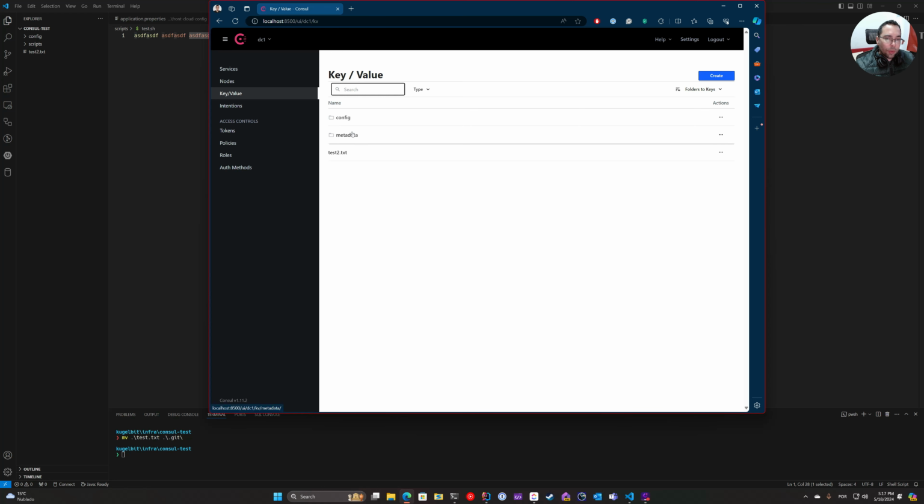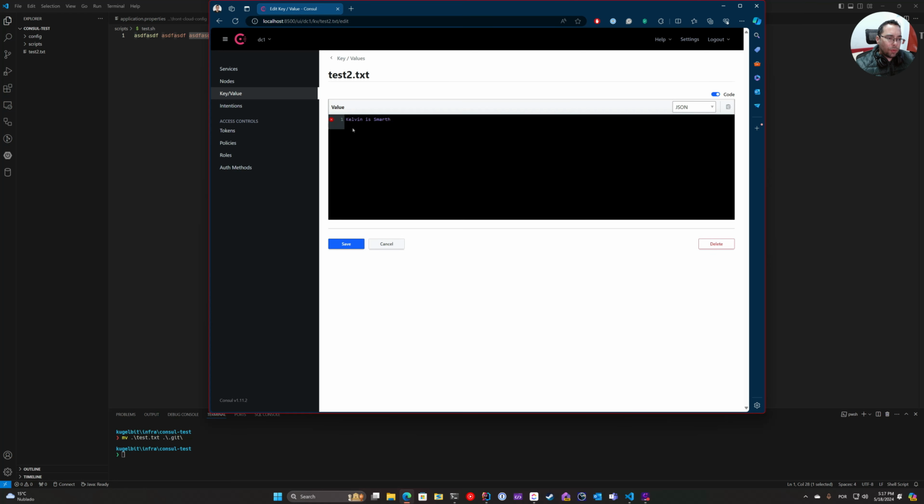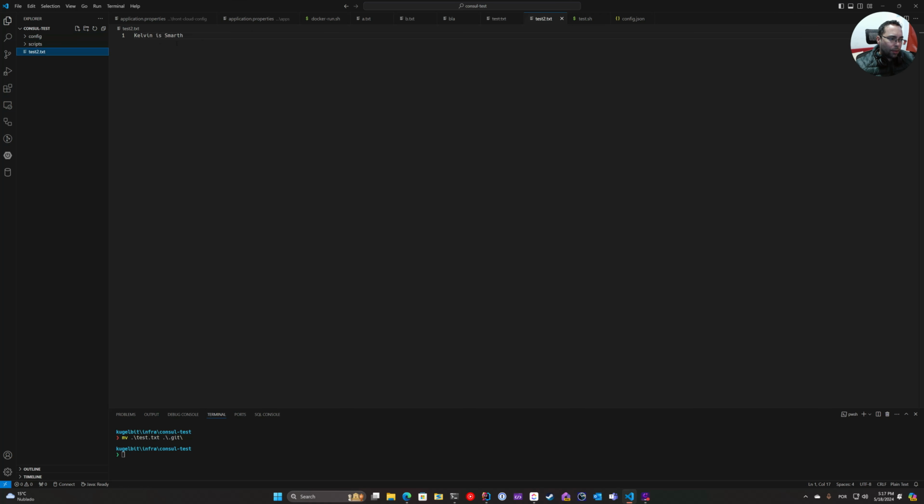It also creates a metadata key folder, so it mirrors the content of the root folder. So it has a test.2 file